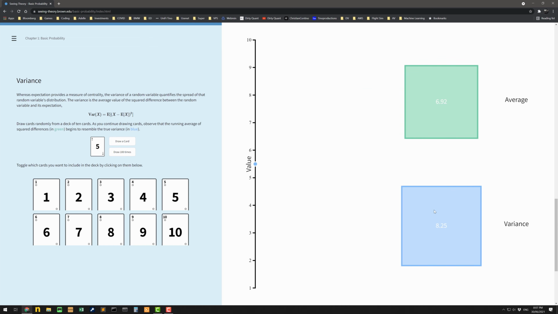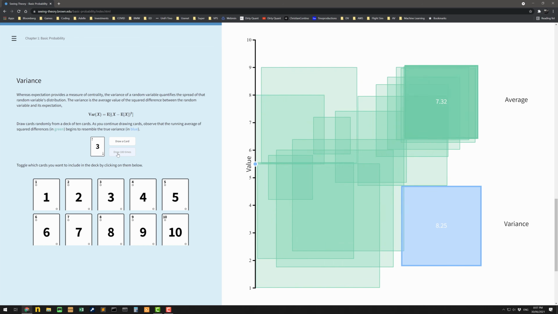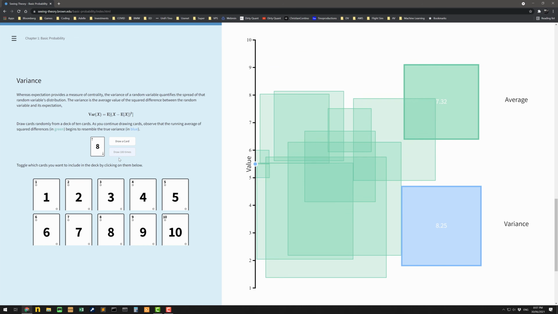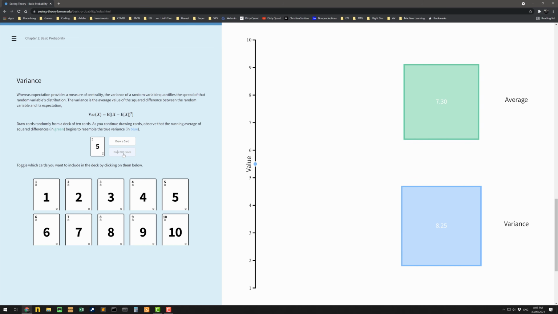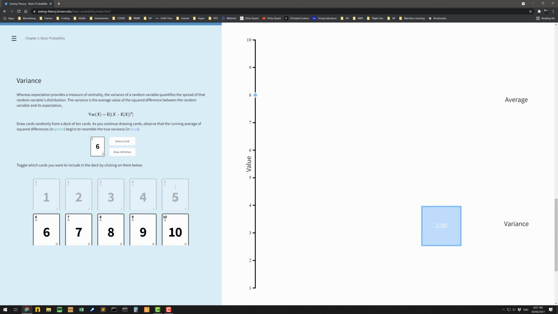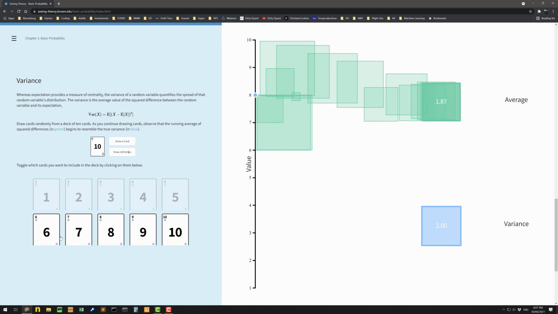Eventually, it should resemble that. Another 100 times. Actually, quite surprising how, even doing this like 1,000 times, it's not actually converging, which is really quite odd. So what can I do here? I can exclude the cards. So that's my expected value, 8. Right, if I draw, my variance is 2, because obviously there's less possibility.